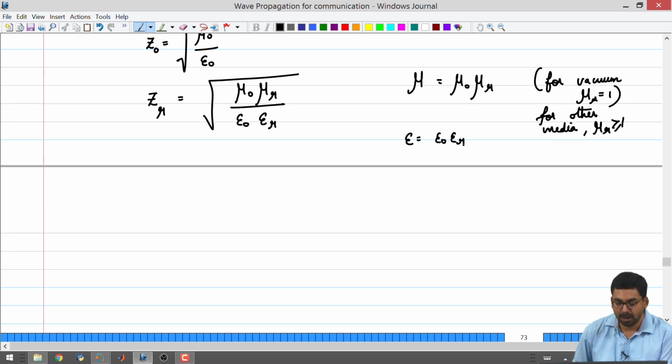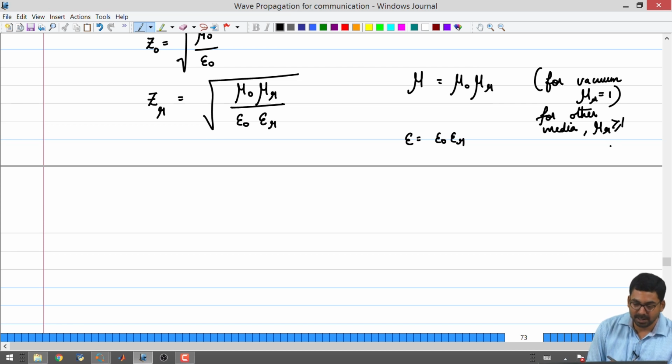In the majority of cases you will find that mu r is actually equal to 1. The material also has only vacuum permeability. It is rare that a material has permeability higher than 1 because it is magnetic, but there are such materials; the number of them is far lower than the dielectric materials that you can observe in nature. So the majority of the time mu r is 1 for optical materials, or for high frequency, and epsilon r changes from medium to medium, but it can only be greater than or equal to 1,